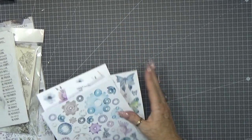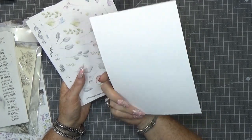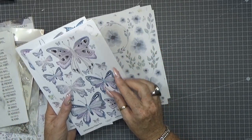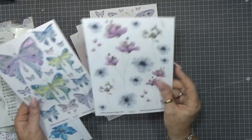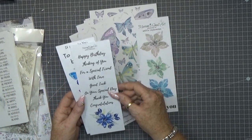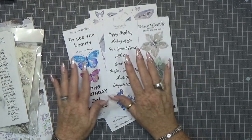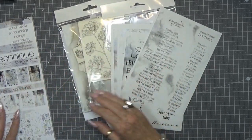And then there are extra cutouts, but then in an A5 shape. So I think these are all the same as in the bigger paper set, but then slightly smaller. So that's cool. So lots and lots of things to cut out. So cool. Thank you, Martha. No, thank you. Happy birthday with love. It's up to you to see the beauty of everyday things. Happy birthday, cool. So you can use these too. So I absolutely love it. It's stunning, stunning, stunning. Thank you so much, Martha,